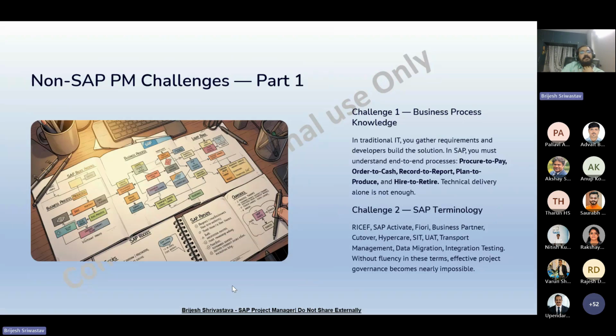So you can see here the same challenges; we have identified three to four challenges. First, challenge 1 and challenge 2.